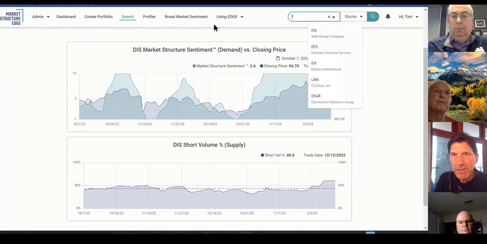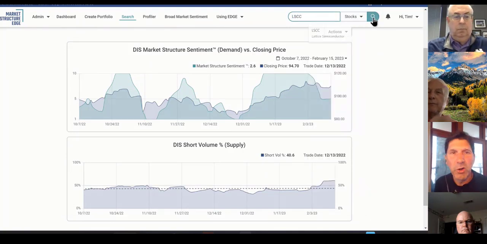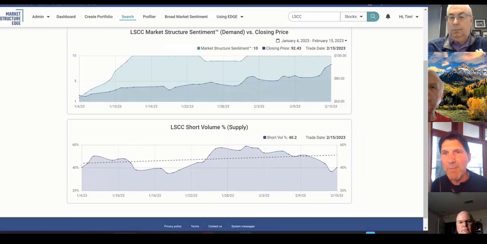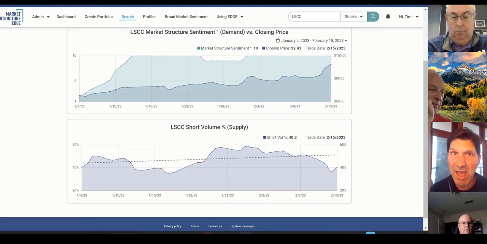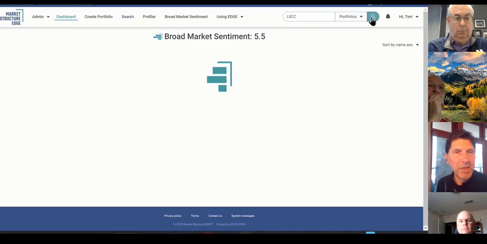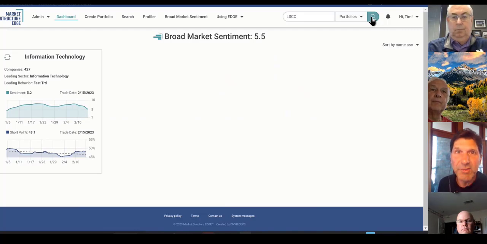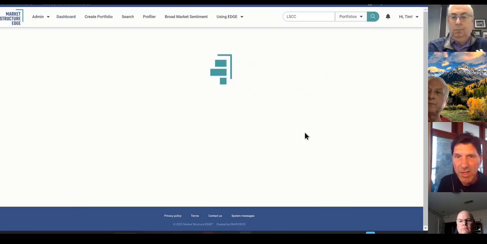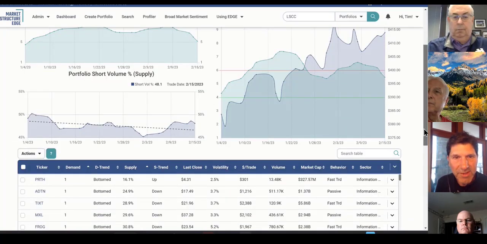But here's my point. LSCC yesterday, I bought it early, but when I got my close, it was like a 1.8% return. I left, and I could have gotten a 3.5% return, which is exactly what volatility indicated. If you look at LSCC in a portfolio, it'll be a 5-day average. My time frame, Alex, is very short here. When everything's surging, my time frame will be longer, because when everything's pulling in your direction, you might as well stay so long as the data continue to support the trade and you don't have a breakdown in supply or demand.